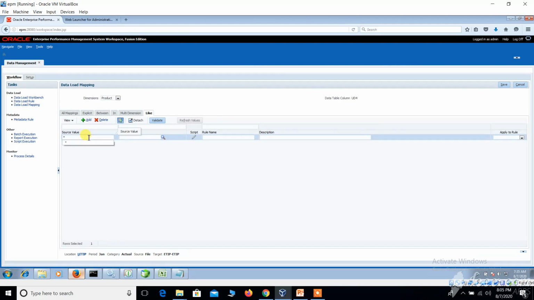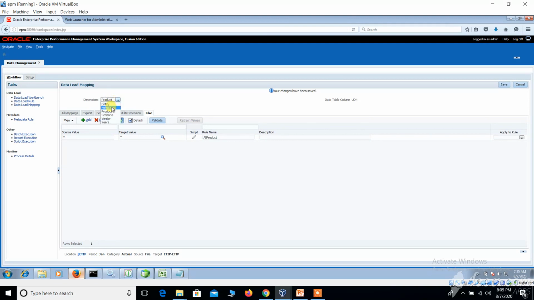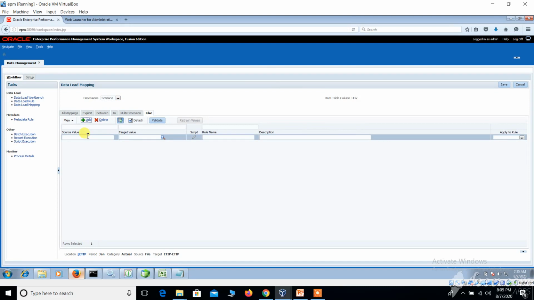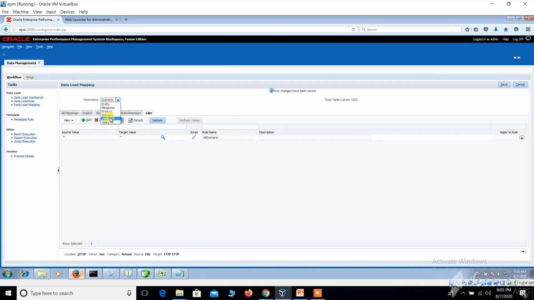Here also I am giving one-to-one mapping, all source value to all target value, and rule name is all product. Okay, just click on save. Product is completed. We have another, scenario, and click on add. And here also we are giving all source to all target value, and here we can give all scenario and save it.